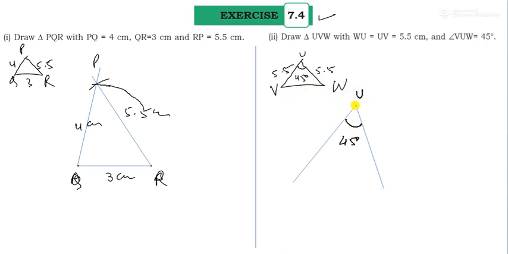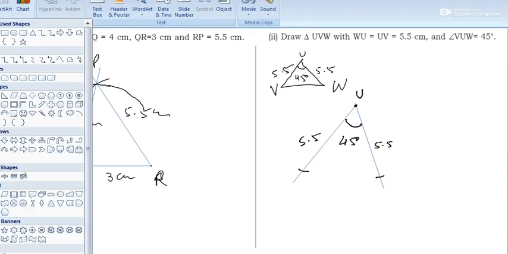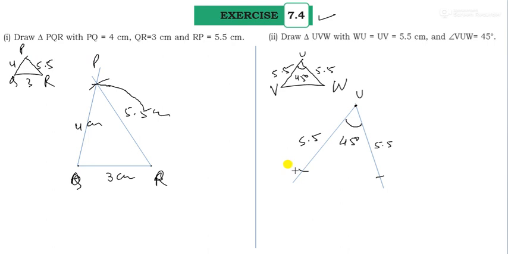Correct. Now take a roundel and take this point and cut 2 arcs like the same arc. That distance is 5.5 and it is 5.5, same roundel. So you can join this line with the help of scale, and I have only this type of scale, so I join this. So you can write here the name of this. So name is VW. So it is V and W. So it is the required triangle, and you can write the steps all these times.